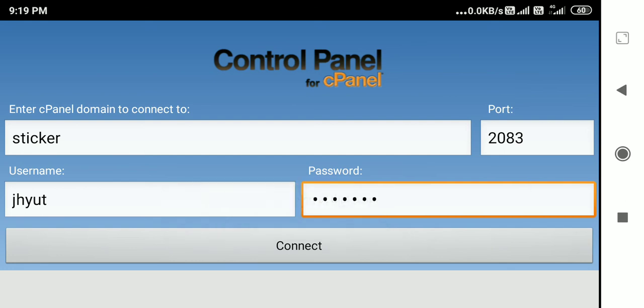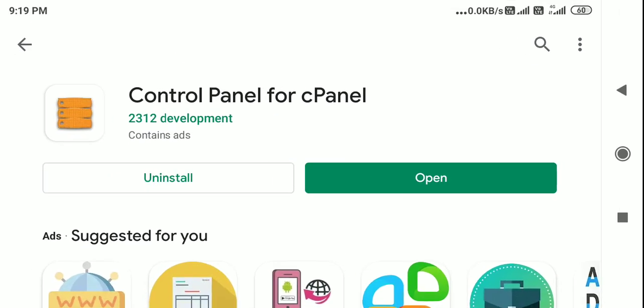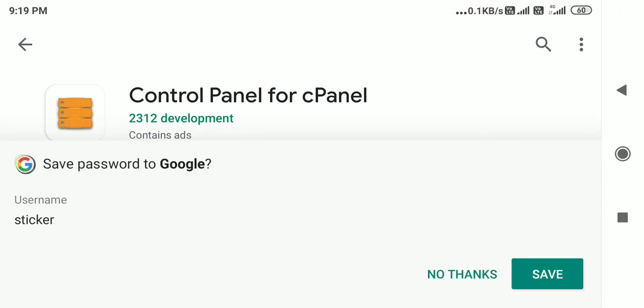Okay, cPanel is not running at that domain, it says. So I have to give a different kind of domain. Maybe I am not entering it properly. But that is okay. This is the kind of cPanel, and once you connect, it starts connecting to that particular server, and then you can use it.